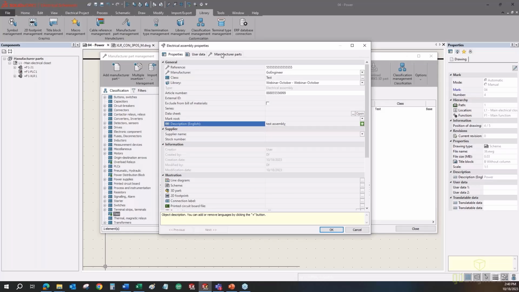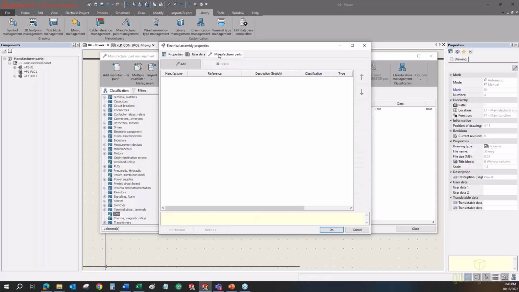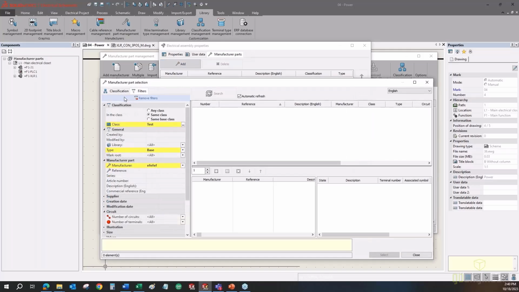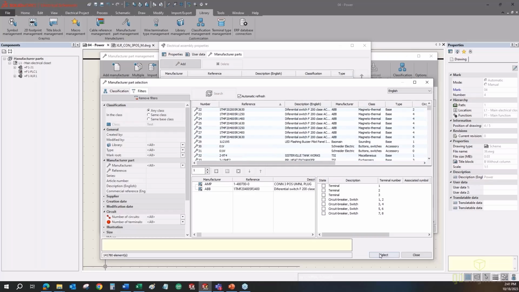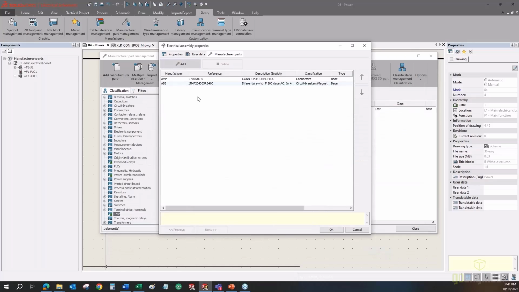The difference is here. Instead of defining circuits to an individual manufacturer part, we're just gonna pick manufacturer parts to build this electrical assembly, right? So if you click on this, then we'll go to add, and that just brings up your library to go pick, search, and build this assembly however you want. So let's just go ahead and add a couple parts in here. Let's do this one and this one. Super. Makes no sense, but